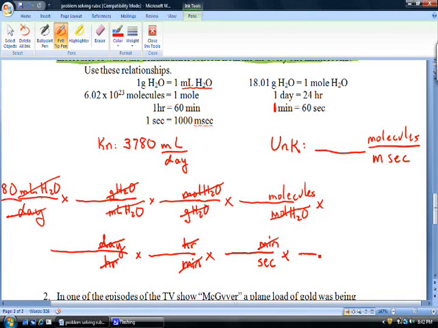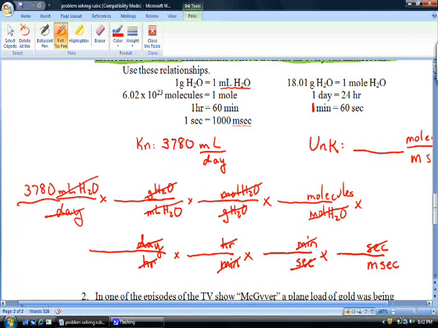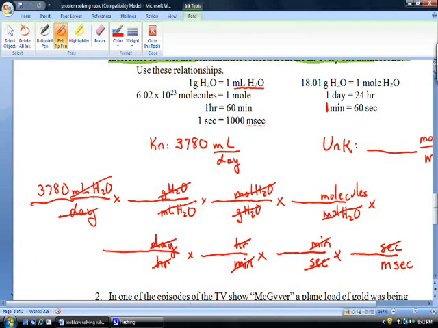And we're here at our last relationship, because you see when we get seconds canceled in this next relationship, seconds are going to cancel, and what unit is left on the bottom? Well, our relationship here is going to be between seconds and milliseconds. So what have we just done? Some of you followed that. Some of you are going, I'm lost. Well, if you're lost, you're going to have to go back and look at this again a few times and write